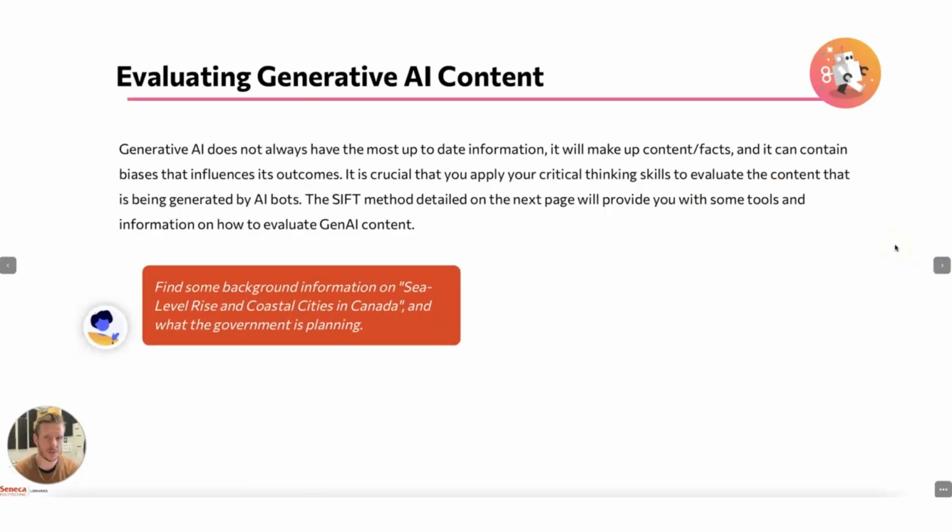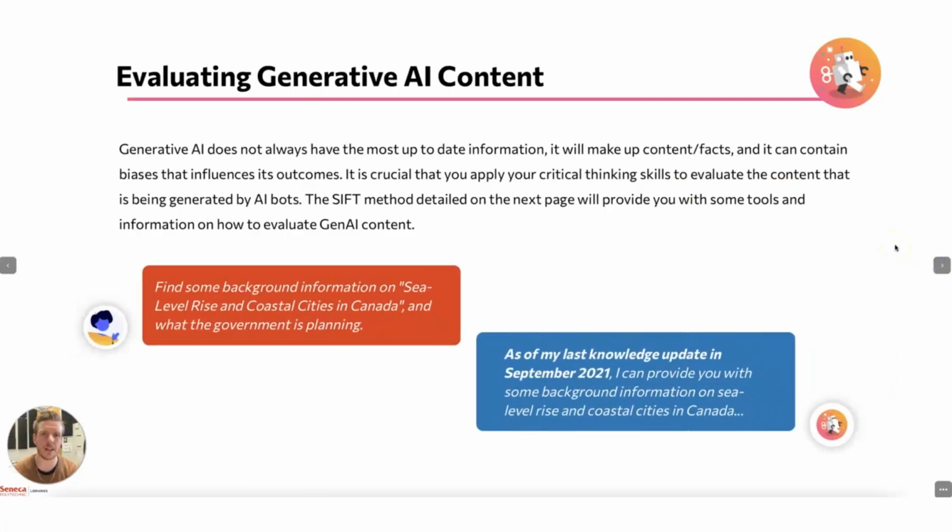Something that I've highlighted in the first session of this tutorial is the fact that AI tools can fall behind. There's definitely a currency issue that comes up with AI tools, specifically the tools that rely solely on large language model training. Tools like ChatGPT and Copilot have two sources of information, their training and the internet. So those tools can typically stay up to date a little bit more than other tools. But tools that only rely on large language model training can fall behind quite quickly. They can fall behind 2, sometimes 3 years. And this is because large language model training takes time. So it's really important to evaluate the information we see with a critical lens on the currency of the information